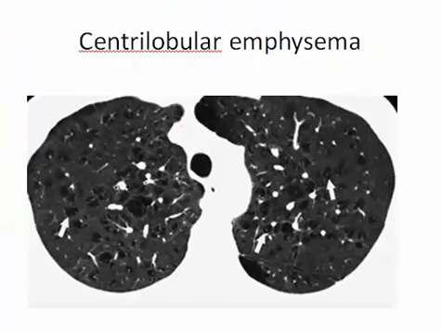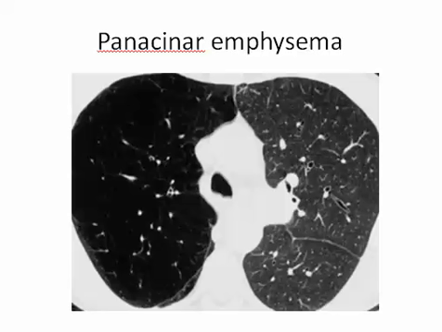So what is this? This is a diffuse upper lobe predominant type, and this is what we call the centrilobular, diffuse upper lobe centrilobular. Usually patients are cigarette smokers, and we can see small bullae scattered in both lung fields. What is this? This is middle zonal, and here we have the pan-acinar,